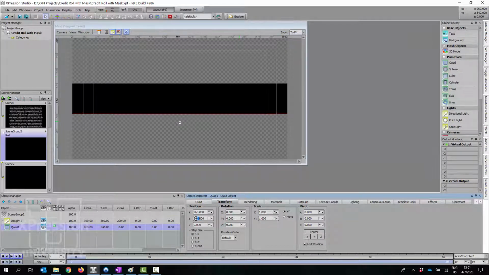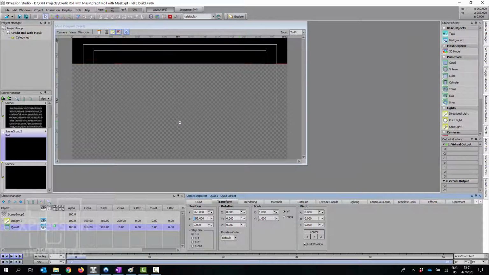a mask object. Now, if you've watched our other videos on masking, you'll see that I use layer objects so that I can see how the mask is affecting the other objects. You don't actually have to use a layer object to get masks to work. It's just that you can see how the blending is working. Mask will actually render